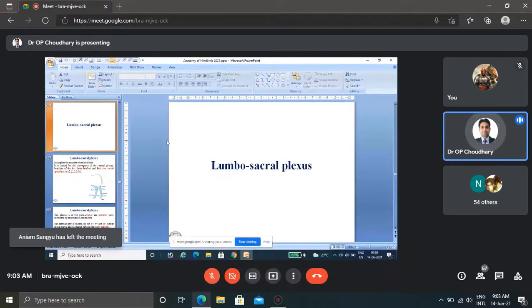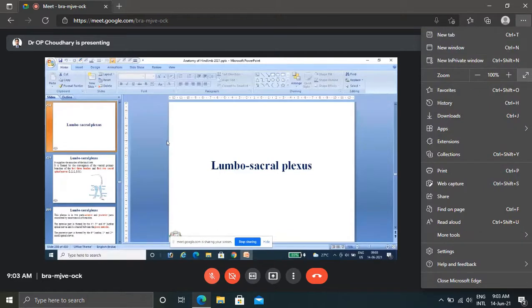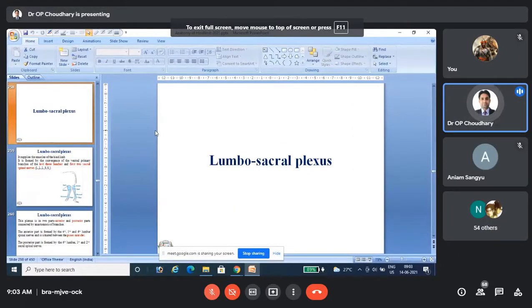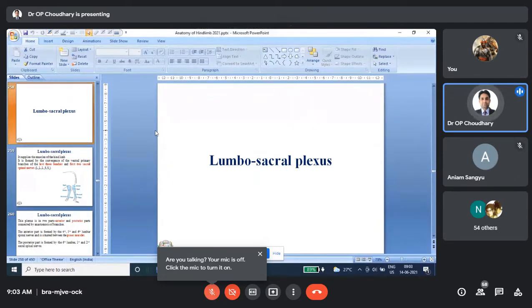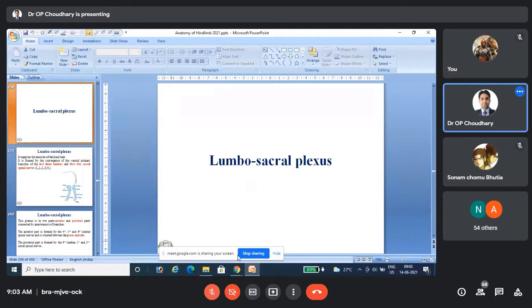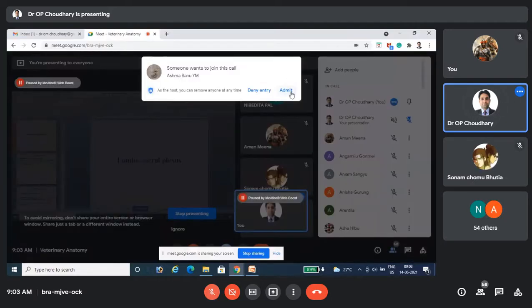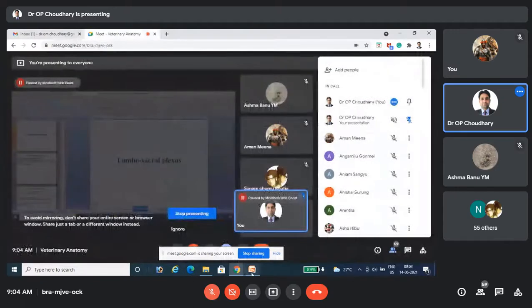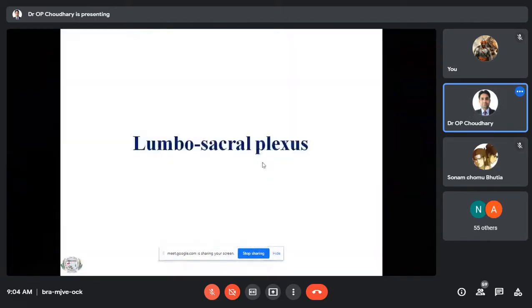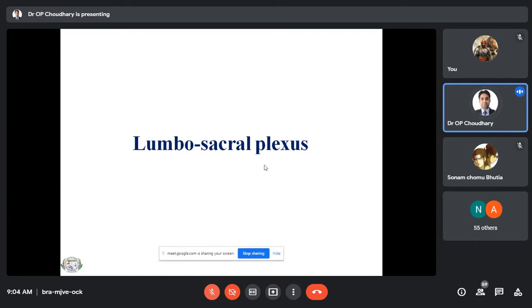Found by the lumbar and the sacral spinal nerves, this lumbosacral plexus usually innervates the muscles, the fascia and the skin of the hind limb, and some part of the pelvic cavity also. So the lumbosacral plexus supplies the muscles of the hind limb and some part of the organs of the pelvic